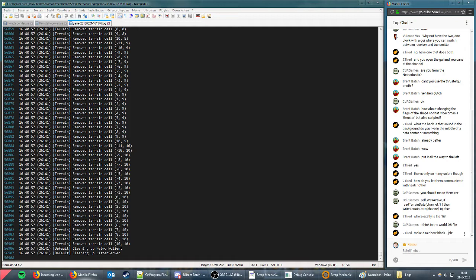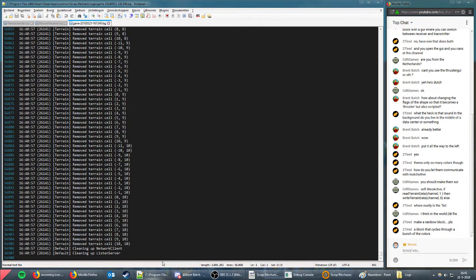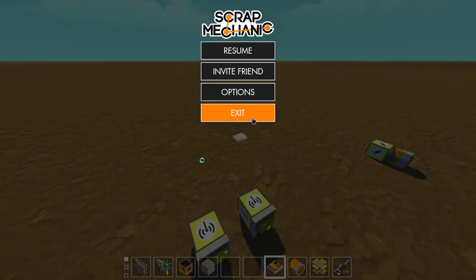Make a rainbow block, please. What do you mean a rainbow block? Well, I could make a rainbow block. Not sure if I'm gonna do it. Well, I know I could. I mean, it's gonna take a lot. It depends on how rainbowy you want it to be. If you want it to be a bunch of colors, what is a bunch? If you want many colors, it's gonna take a lot of work, and I don't want much work. So